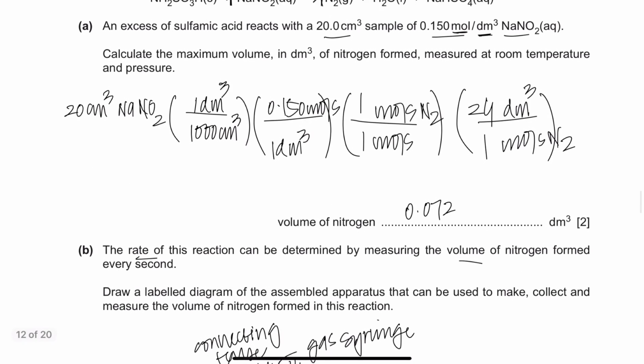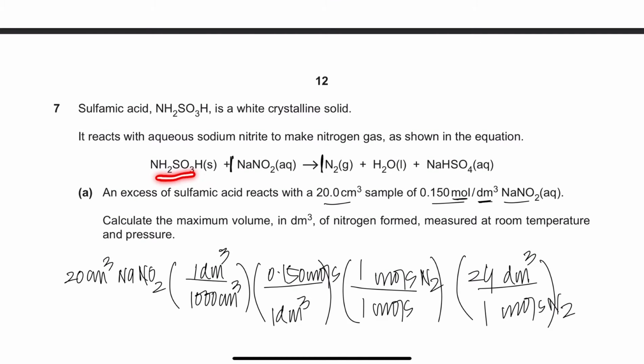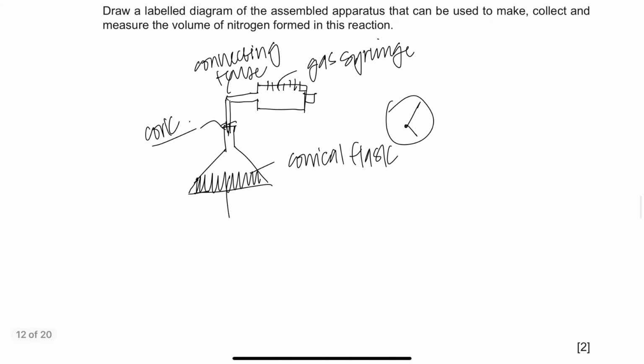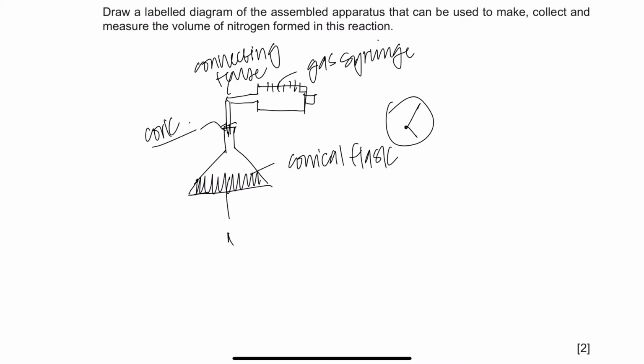अंदर ये रिएक्शन हो रहा है. विच रिएक्शन? राइट हियर, NH2SO3H एंड NaNO2 का रिएक्शन होगा, तभी तो नाइट्रोजन बनेगा, राइट? सो यू से कि इधर रिएक्शन में क्या है, you have